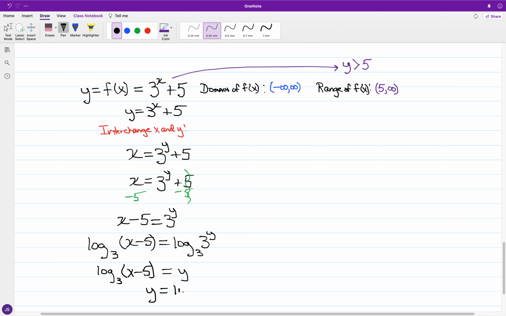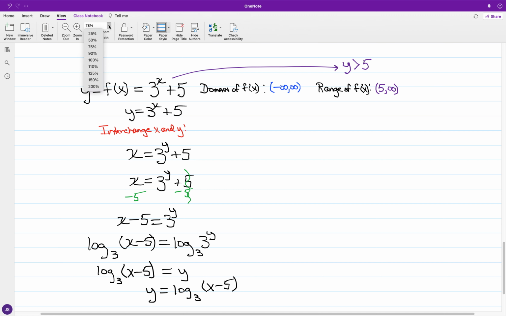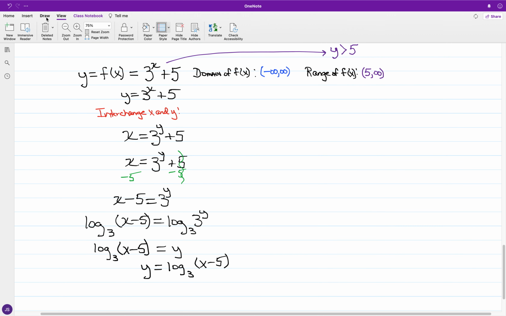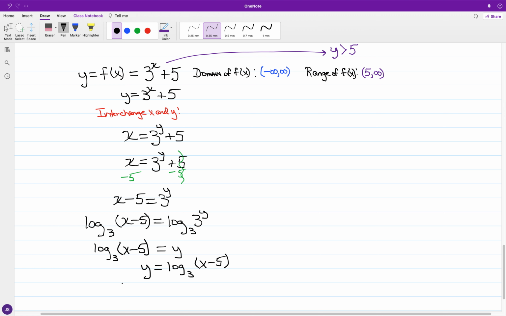And if I switch the order, informally stating, you're going to have the inverse of f of x equal to the base 3 logarithm of the quantity x minus 5. And for this inverse function,